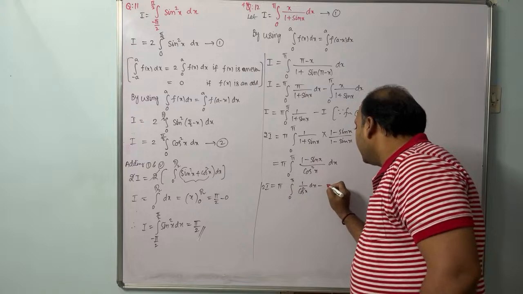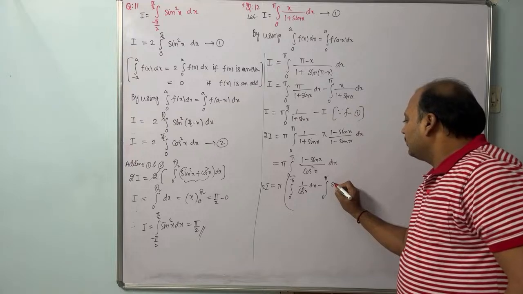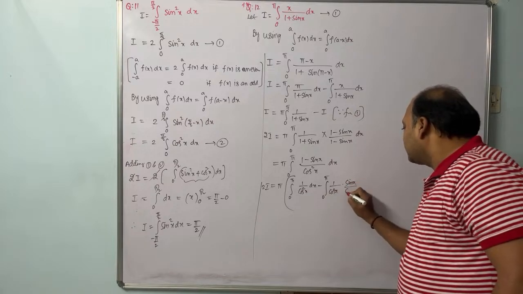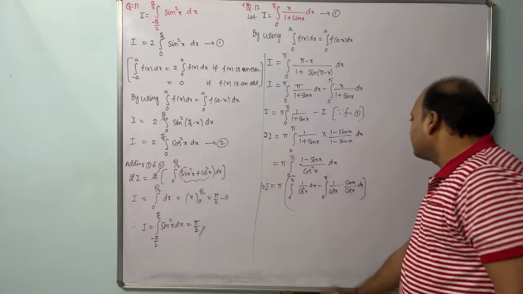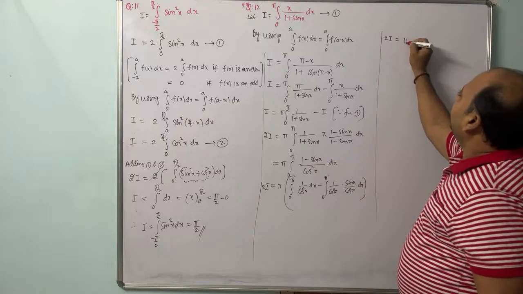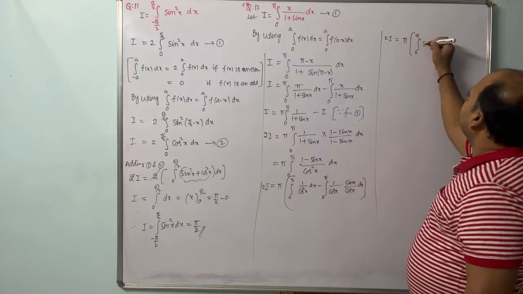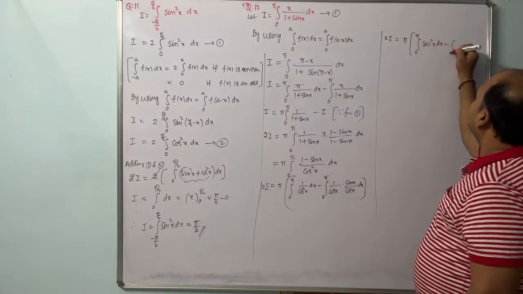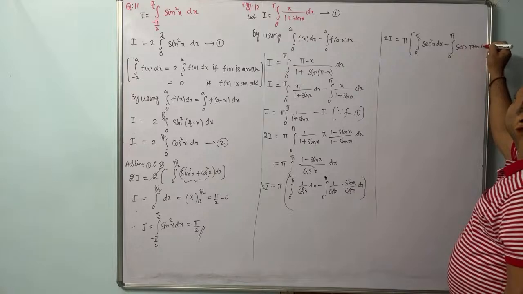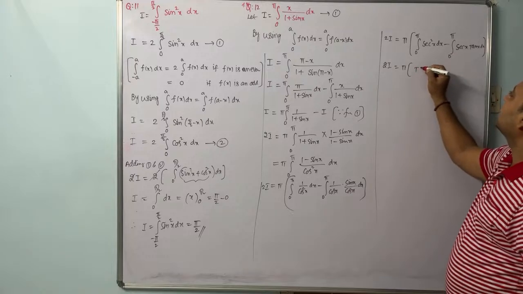minus integral 0 to pi 1 by cos x into sin x by cos x dx. So now 2I equal to pi into integral 0 to pi secant square x dx minus integral 0 to pi secant x tan x. So 2I equal to pi into integral secant square x is tan x,